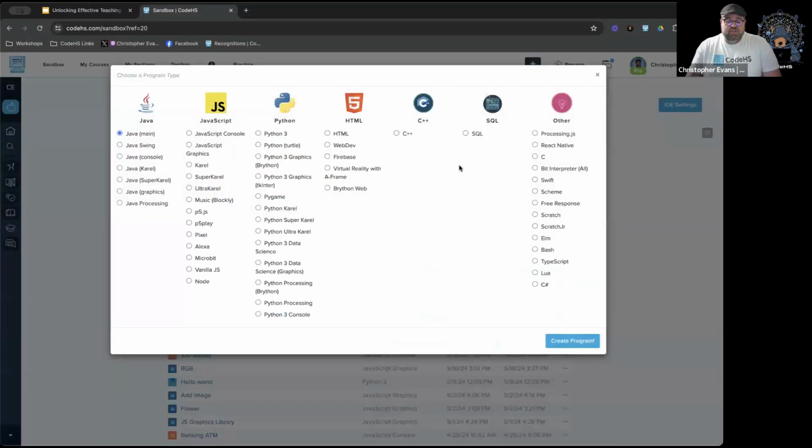Then I'm going to choose the programming language. We have our main programming languages here that we have content for, Java, JavaScript, Python. We have some HTML content as well. Then we get into programming languages that we really don't even teach on our platform, but are still available to create sandboxes in. So I'm going to create a Python sandbox,